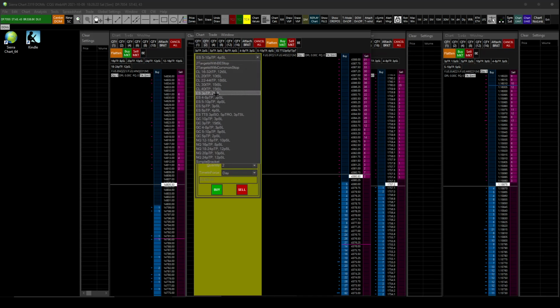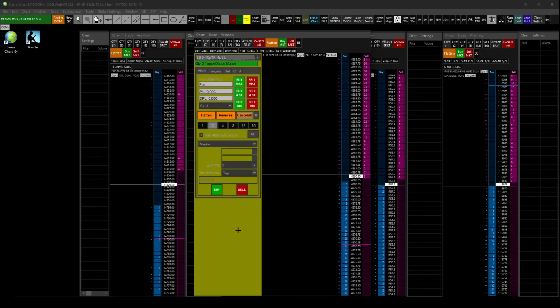You can see, look how many different ES ones I have. This one, this one, this one, this one, this one, and this one, right? And so this one has like a trailing stop, and then it's got some action once it moves so many ticks above break even. So 5 points of break even, it turns into a 3-point trail stop limit. Trail stop loss. So it's got some multiple action on it. And I'm not trying to go into order types. I'm trying to show you guys how to set up